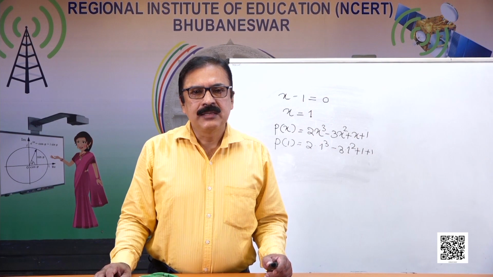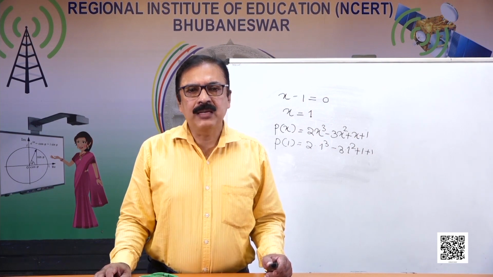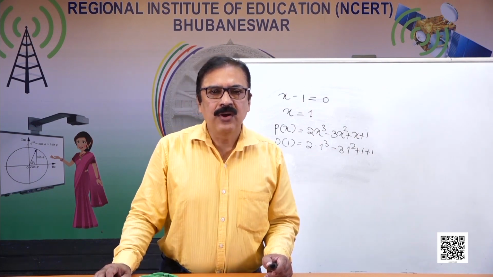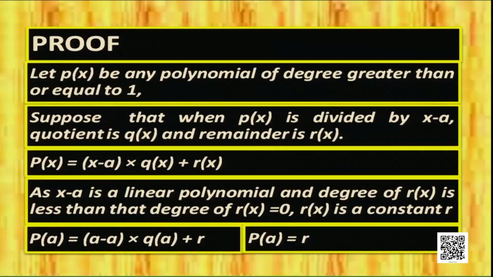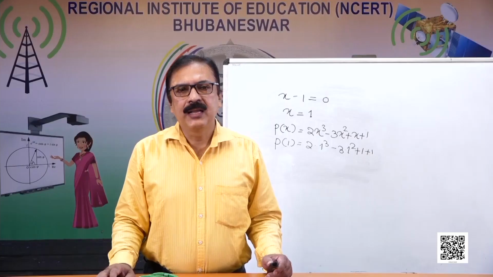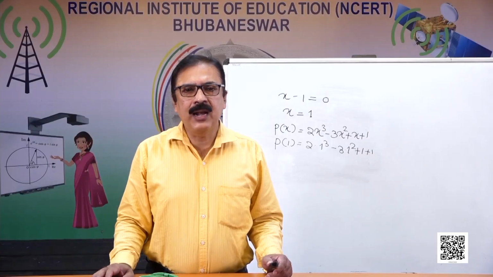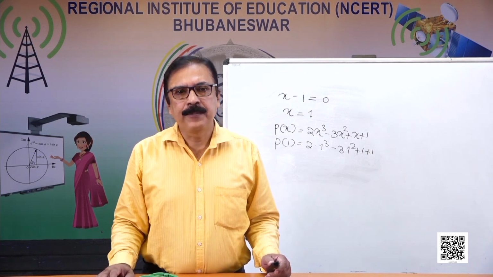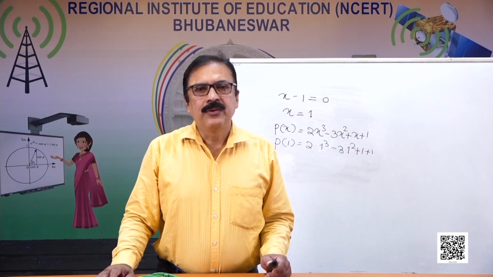Clearly it is visible that a minus a is 0. So P(a) is equal to r. What is r? r is the remainder. So this proves that if r is the remainder, then P(a) gives the remainder. Now let's